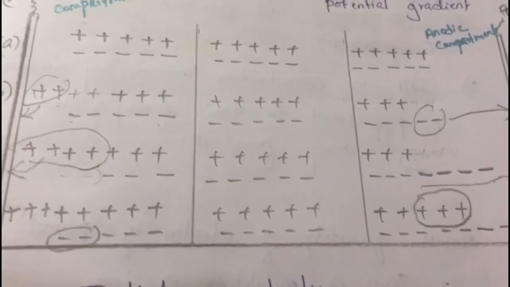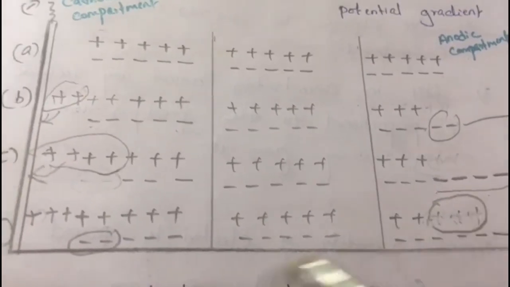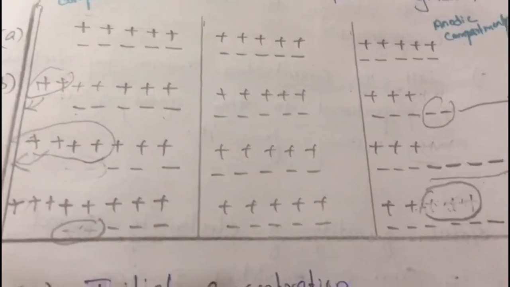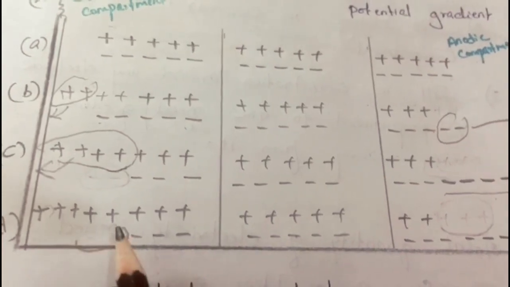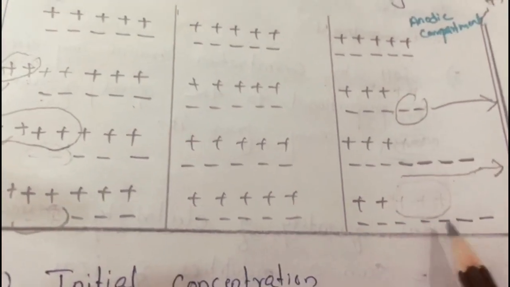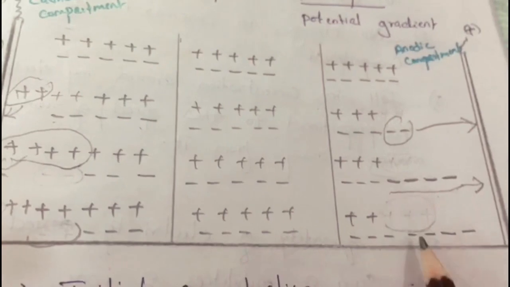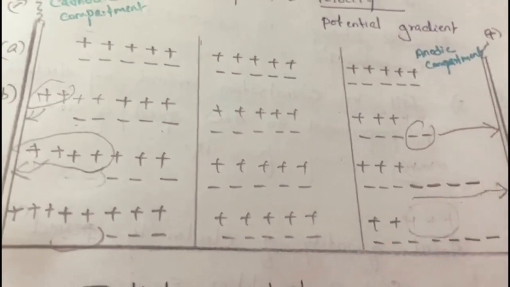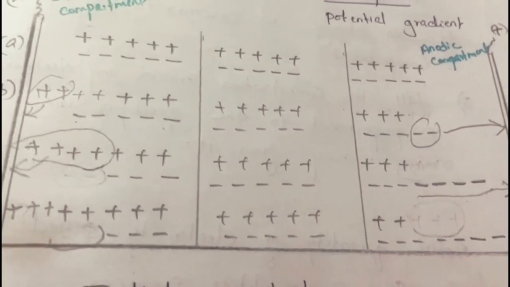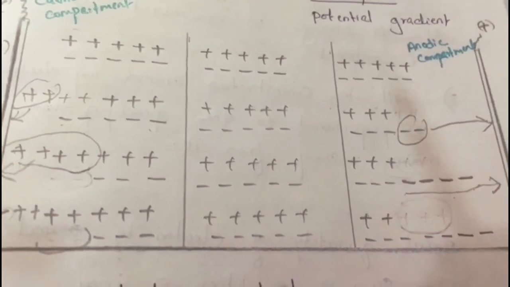So what will happen? Here 3 cations move from here. Then 2 anions move from here. Now see what is the total number of unpaired ions here. 1, 2, 3, 4, 5 cations and 1, 2, 3, 4, 5 anions are there. So 5 cations will discharge at the cathode and 5 anions will discharge at the anode. So what did we understand here? Here the mobilities are different, because they do not move with the same velocity. Only one ion moves and 2 ions move with different velocity. Then also the same number of ions are discharged at respective electrodes.